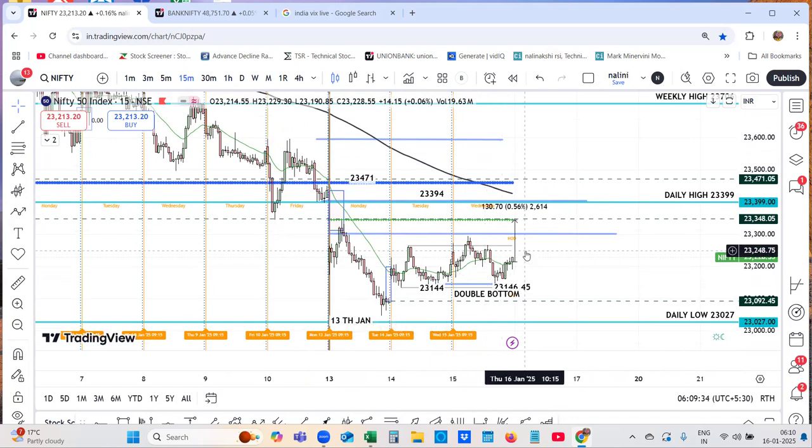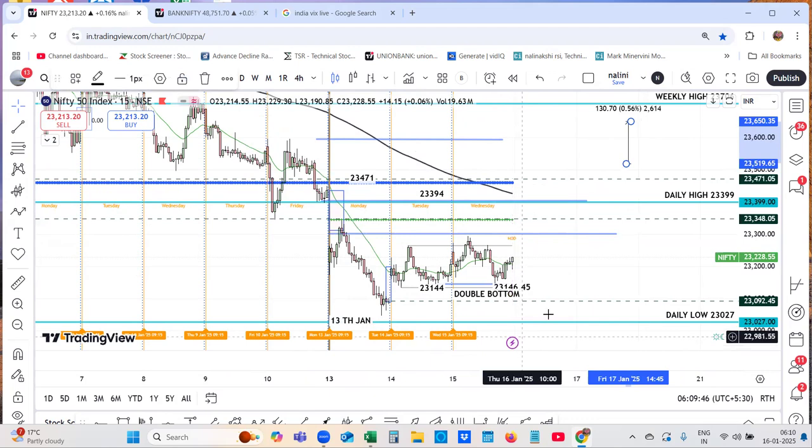Today it can cross this level. This is weekly boundary, 23,349. If it crosses this boundary, there is an inefficiency from the Friday to Monday. It had gap down. It can make an attempt to fill this gap, and then there is also the 200 period moving average placed over here. It can interact with the 200 period moving average, which is around 23,420.